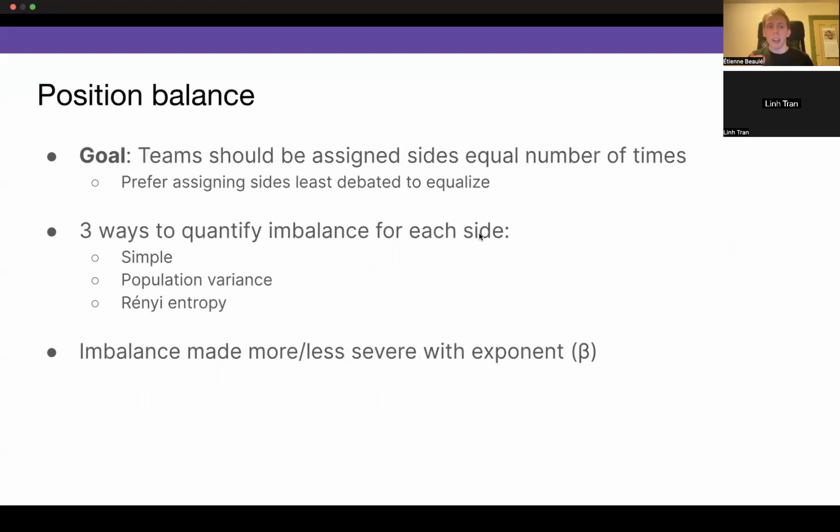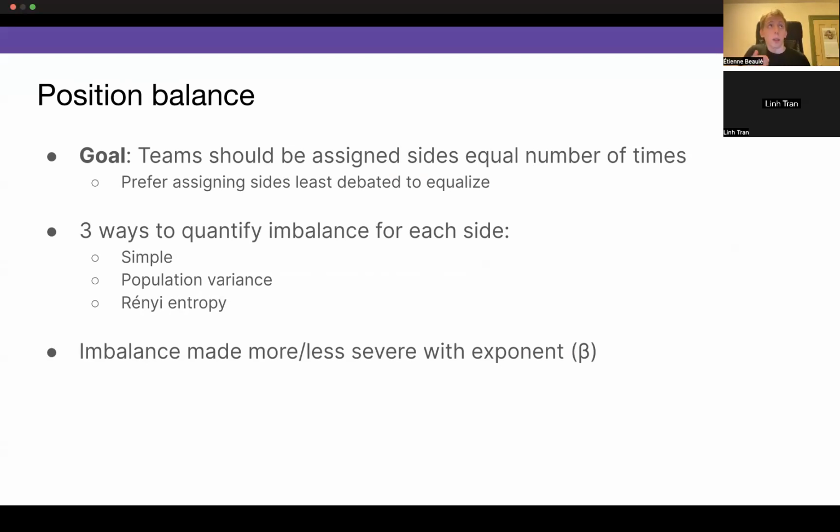The main thing is that teams should be assigned each side an equal number of times. We don't want one team always in OG and another team always in OO. We want all the teams to be on each side roughly an equal number of times.